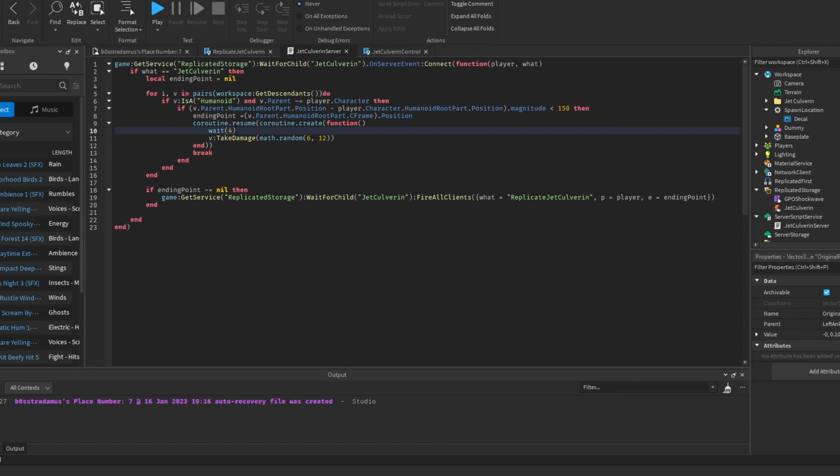And you guys might ask, okay, so why is there a delay of 4 seconds? This delay is because we expect the Jet Culverin to be done within those 4 seconds, okay? So this runs at the same time as the Jet Culverin replicates on each client. Now, after this was done, we are breaking this loop right here. So we are exiting this loop, means we continue with the rest